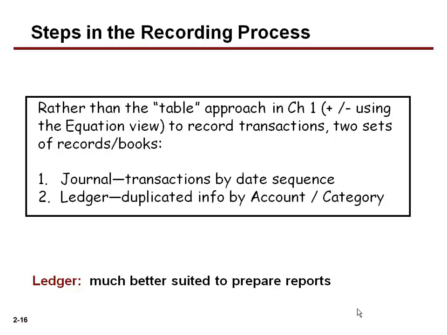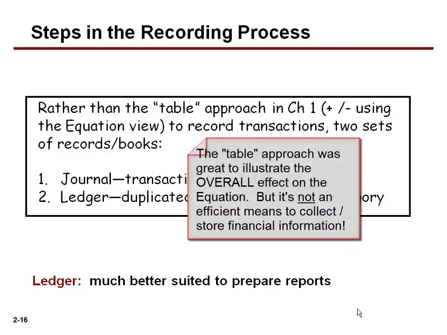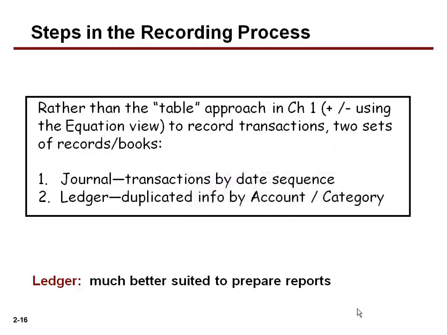In Chapter 1, we used a table approach to show the effects of recording transactions on the equation. In Chapter 2, we'll introduce two separate books. This is the normal approach. We will record transactions in a journal, transactions by date sequence or chronological sequence, and then we'll duplicate that same information into a ledger set of books, which is classified by account, classified under the categories of asset, liability, or owner equity. So two sets of books here, same information,